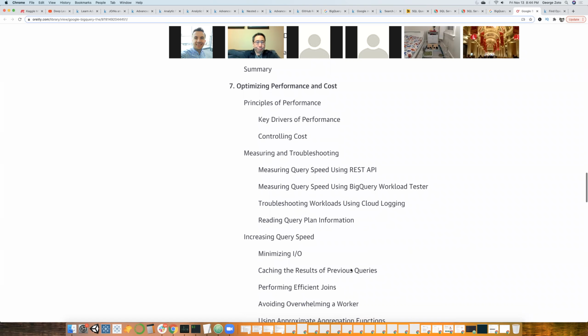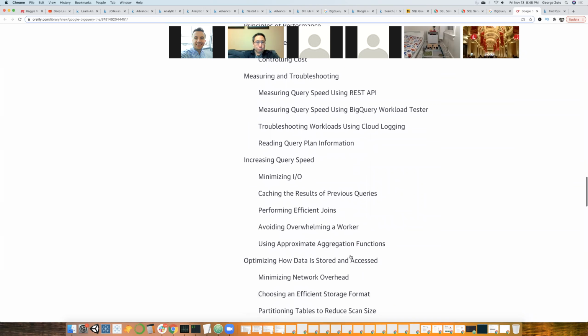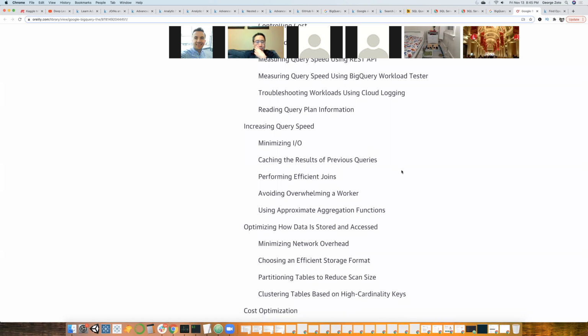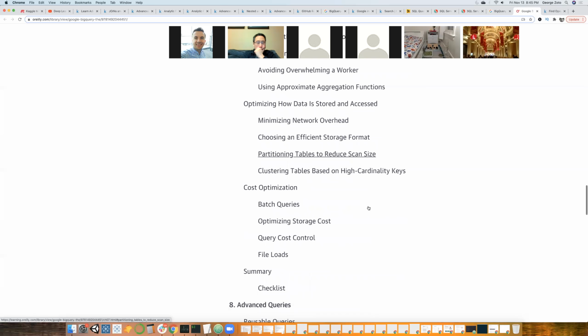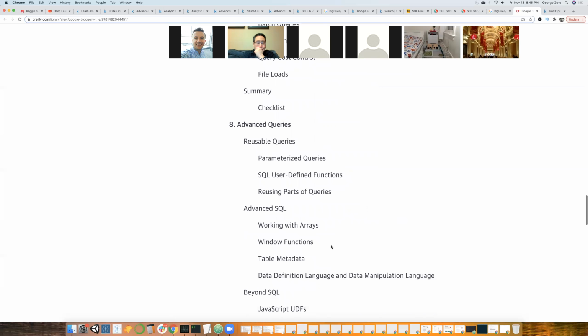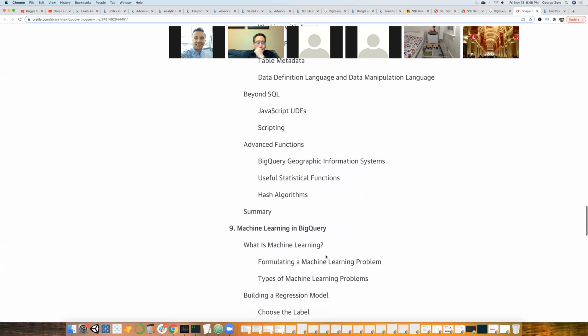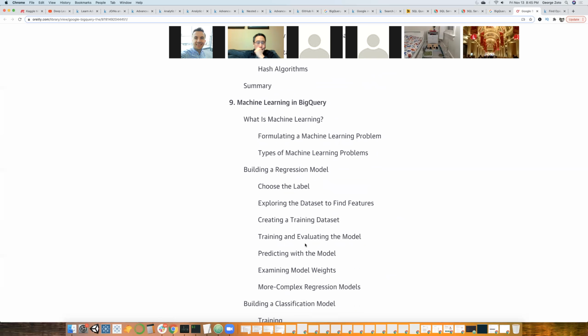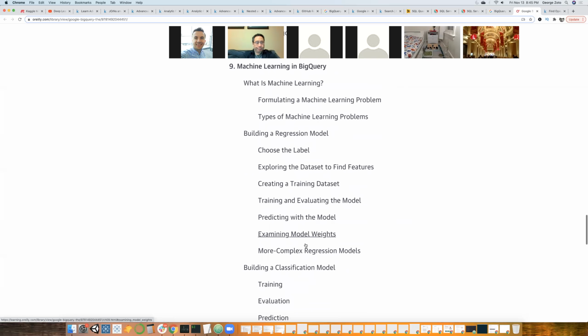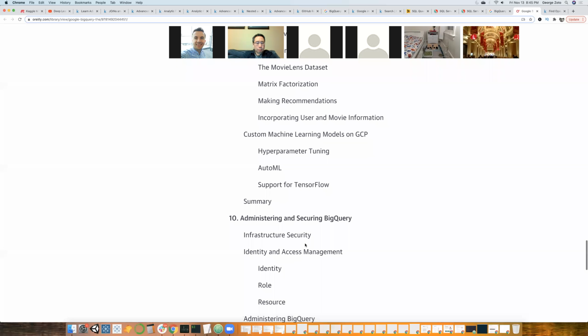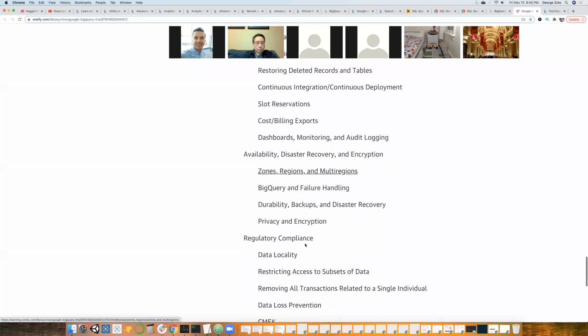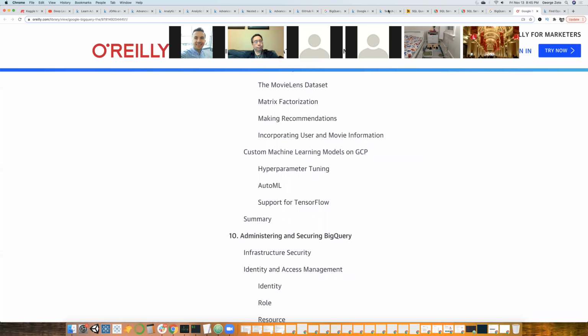This is where we're talking right now. So speed, efficiency of joins, maybe you can cache results. Not sure about approximate aggregation functions, sounds interesting. And window functions. BigQuery also has this feature where you can actually develop machine learning and deep learning models as you're pulling data from your backend. So you can do that as well. Then security, zones. So a little bit of everything, I would say. Okay,